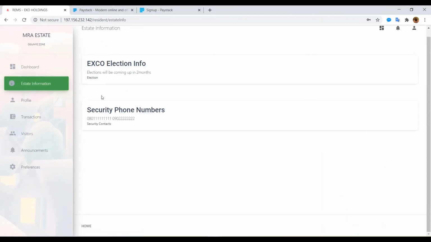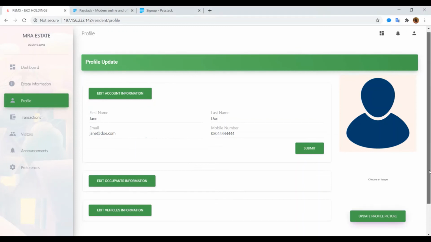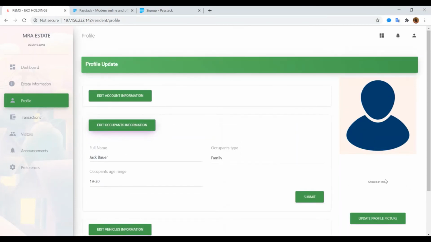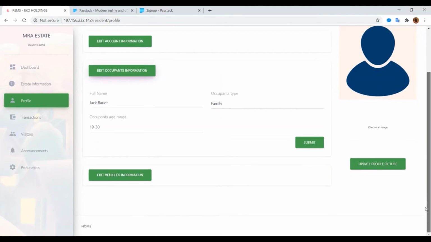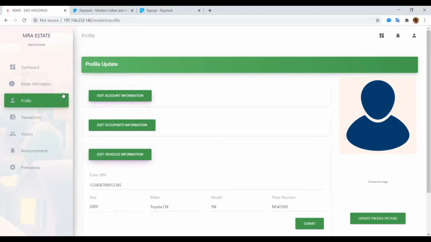So under estate information, you have all of the information. There could be a bunch of them loaded here. This is so I could edit certain fields, certain information. If I need to change my email address, my phone number has changed, I could edit that. If I need to change details of an occupant that I previously registered, probably the age range has changed. Typically, if there are new additions, this would have to be updated by the estate manager. And I could also edit my vehicle details as well, or pass the details to the